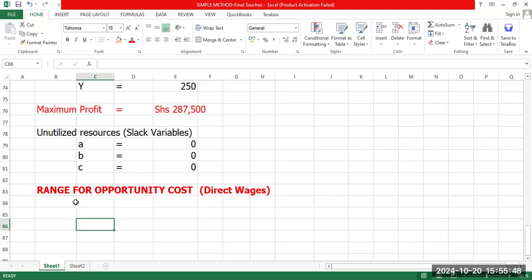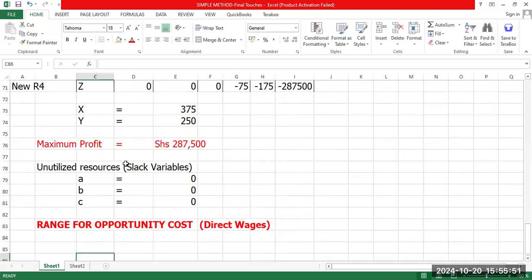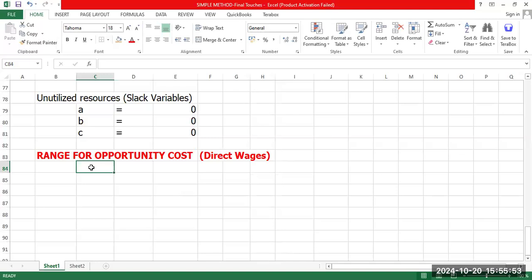So what you're going to do when you want to get range,